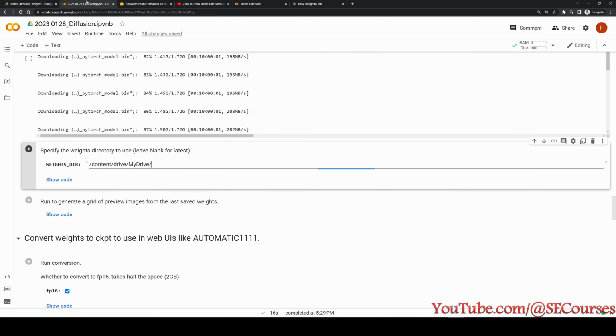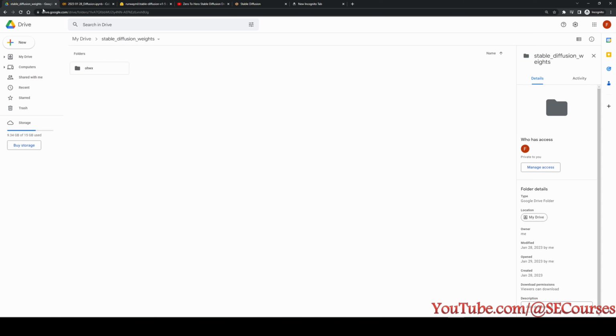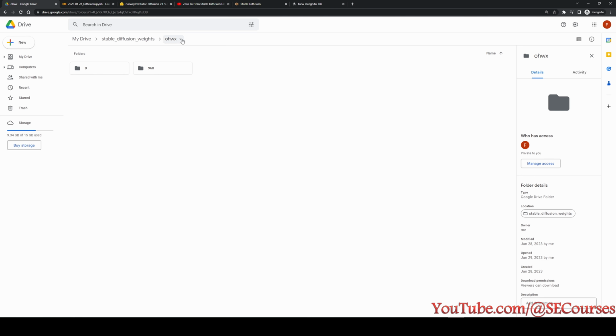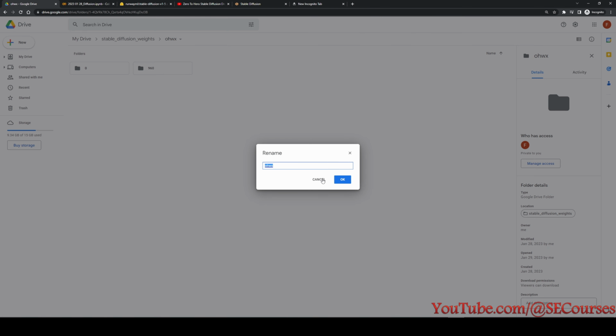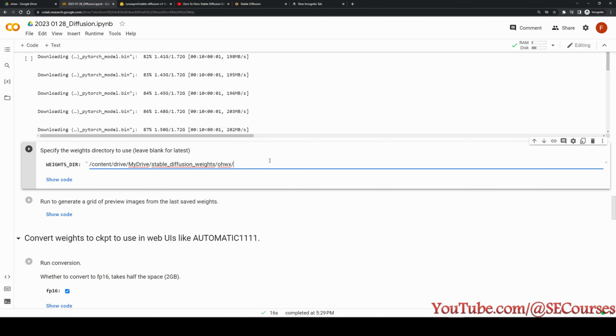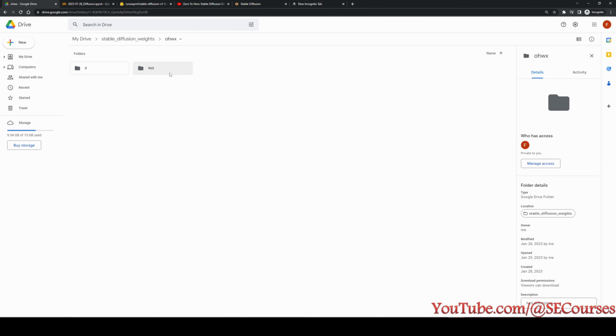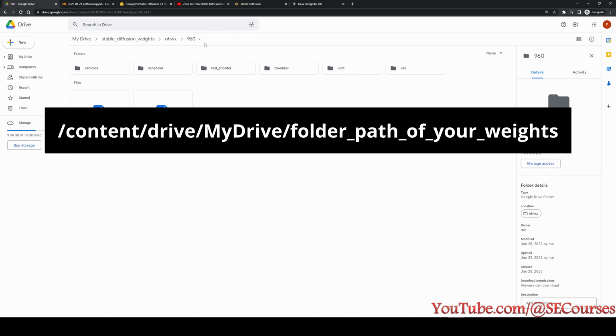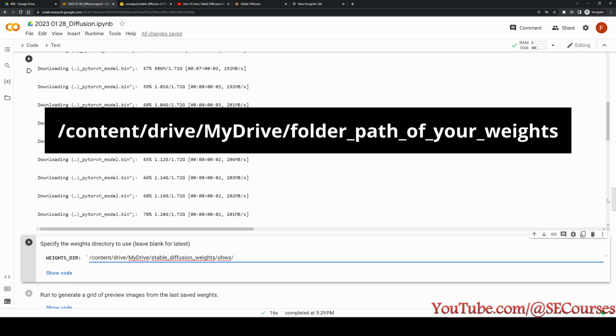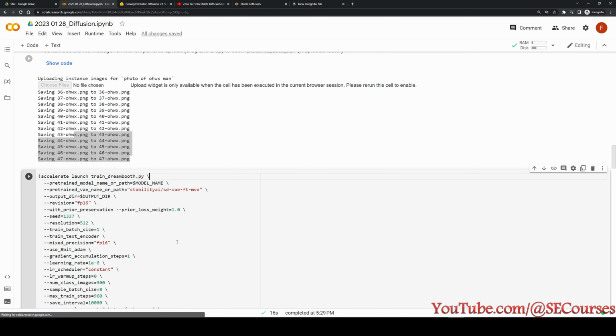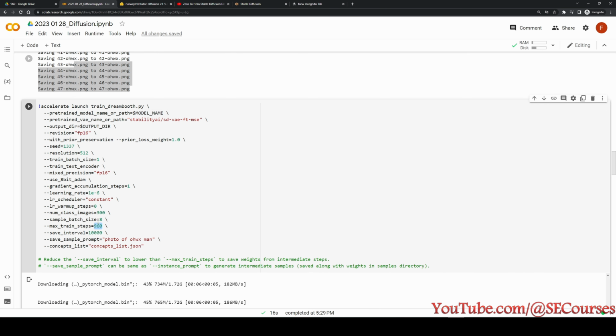I click it, rename, and I copy its name. Then the weights are saved inside where I am entering in here. I am also copying this folder name like this. Okay, and in here the weights are saved in this folder. This is the 960 step weights. So after training, there happens 960 steps because I did set it like that, and it will save the weights at that moment because the save interval is 10K.